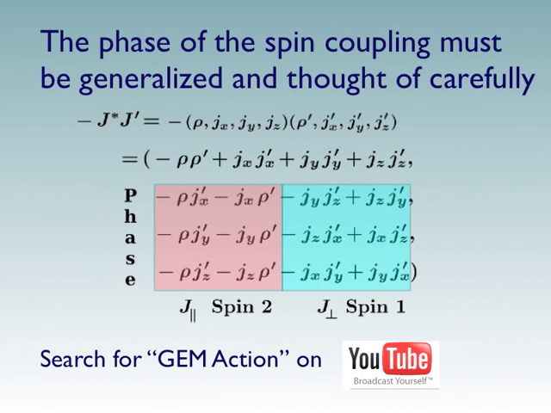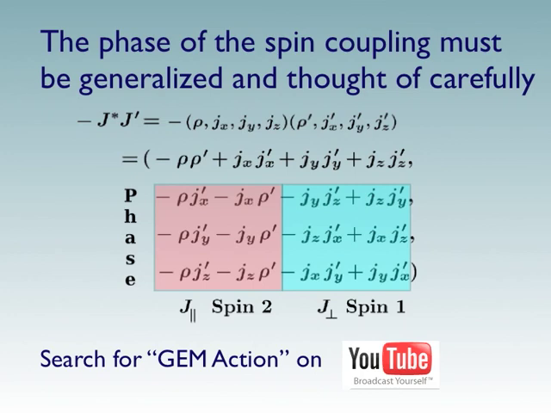Another issue that we have to think about very carefully, or we will be cut up by the critics, has to do with the spin coupling term. We need to generalize this so that we can see both spin 1 symmetry, where like charges repel as they do in EM, and where like charges attract as they do in gravity, and that requires a spin 2 field. So if we just take a current coupling term like this,